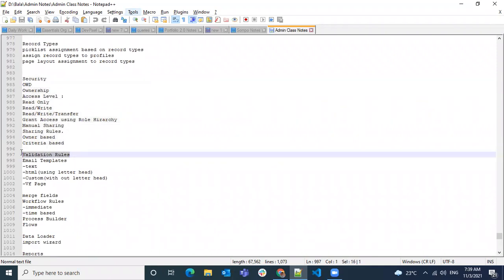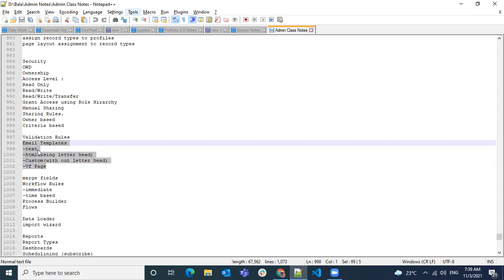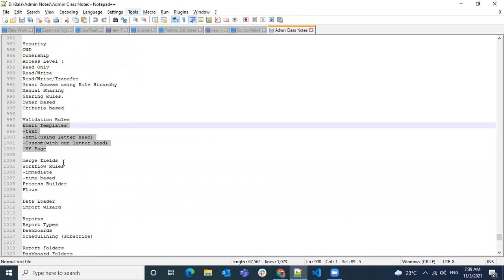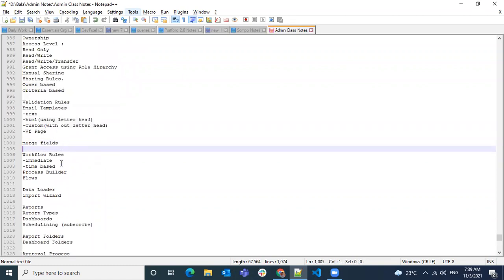And then the next one is validation rules, and there are email templates. Email templates, like if you want to send out an email whenever some action happens, then we can use these email templates. And in the email templates, we're going to use merge fields. So on one record, you want to send an email including the information about the record.